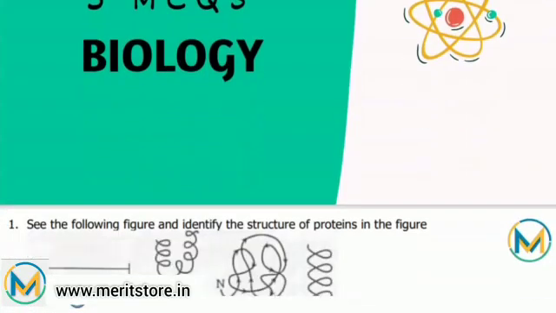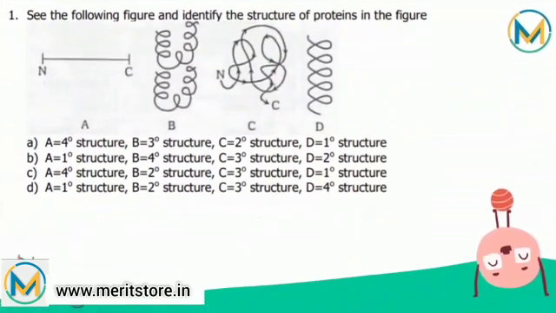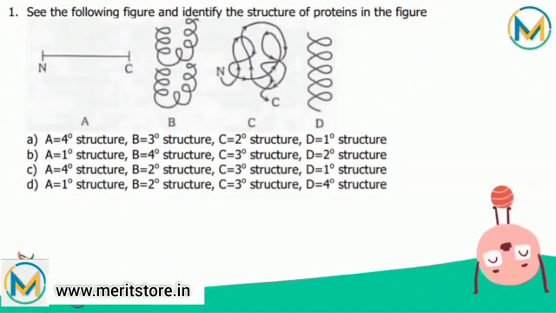First question, see the following figure and identify the structure of proteins in the figure. Now we know the proteins are one of the most abundant organic molecules in living system and have the most